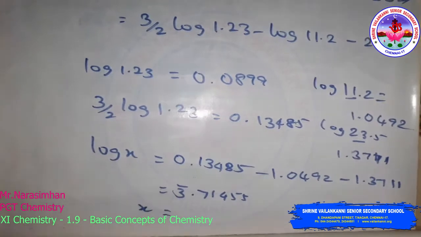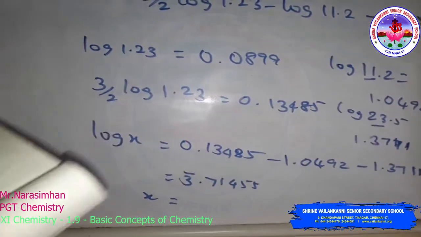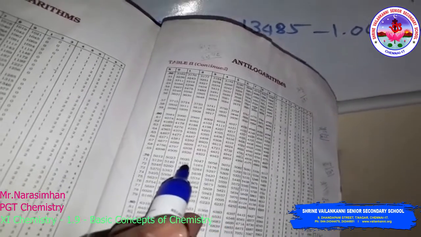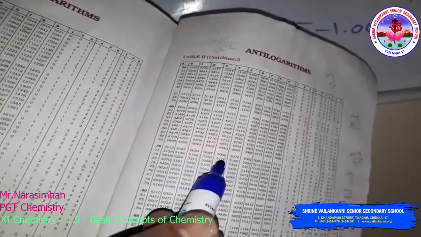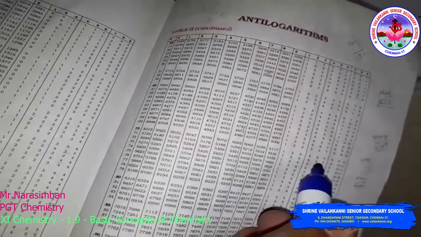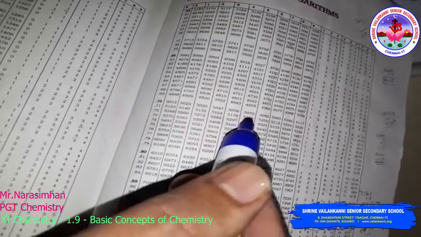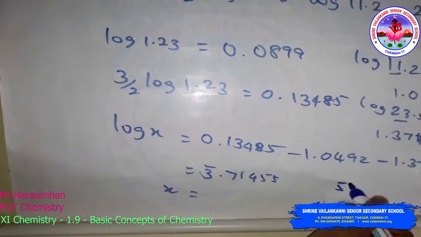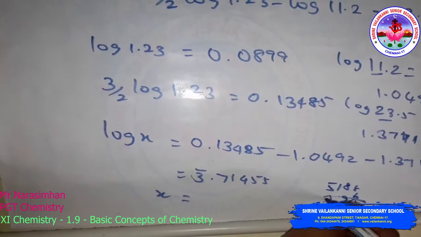71, 71 4, the mean difference is 5. So for anti-log of 71 is here. Anti-log of 71, and the value 4 is what? 4 is 5176, and the mean difference 5 is what? 6. So 71 5188 plus 6, so it will become 5194.